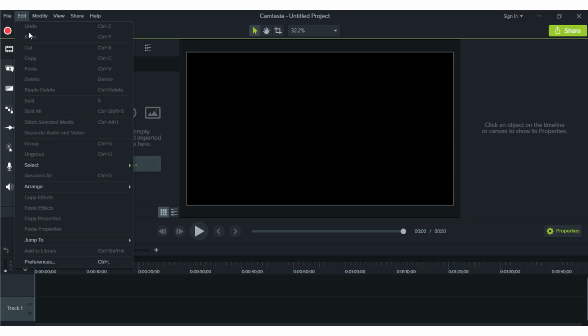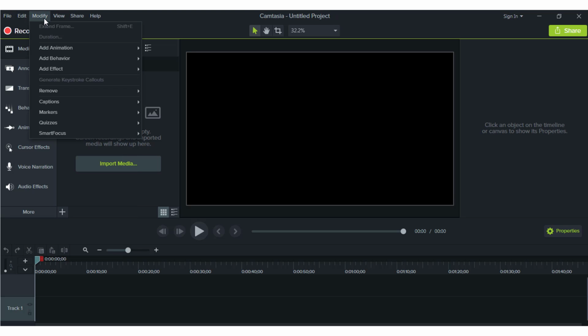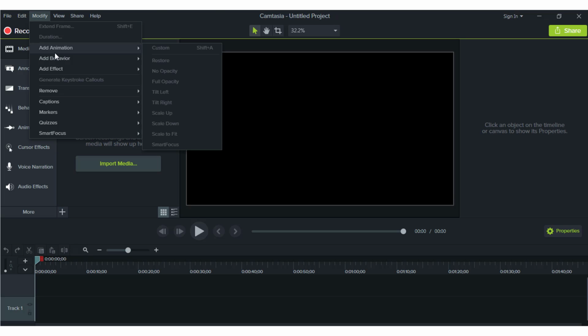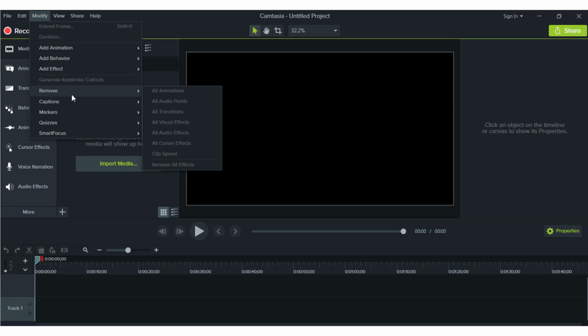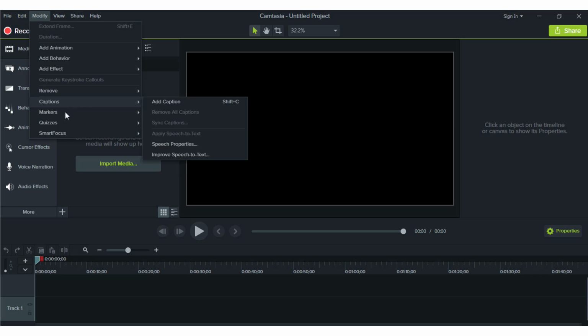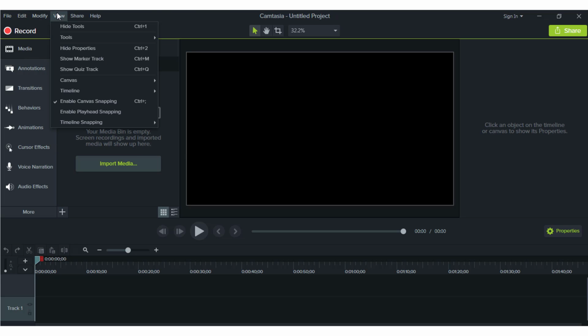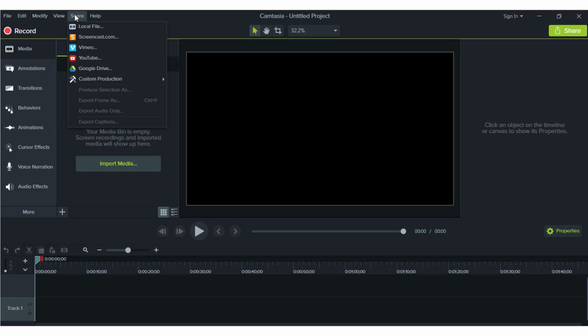Second is Edit, where most of the menu items are disabled for any kind of project. Then Modify: extend frame duration, add animation, behavior, add effect, which has visual effects and much more. Then remove, caption maker, widgets, smart focus, and views, which has high tools. Then Share: local file,